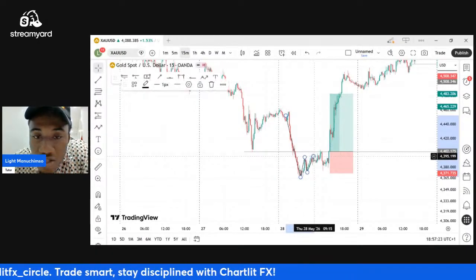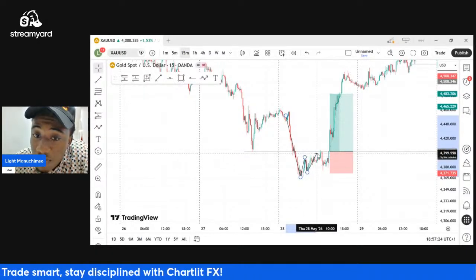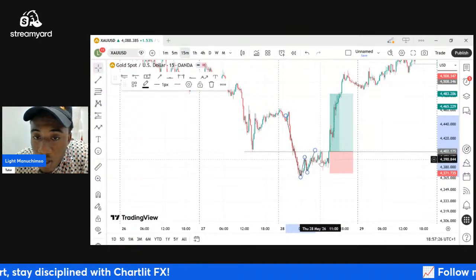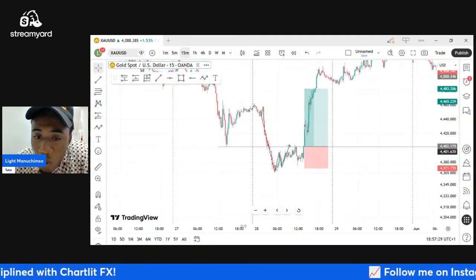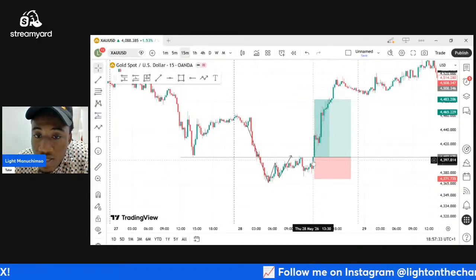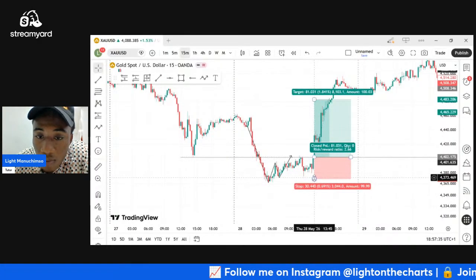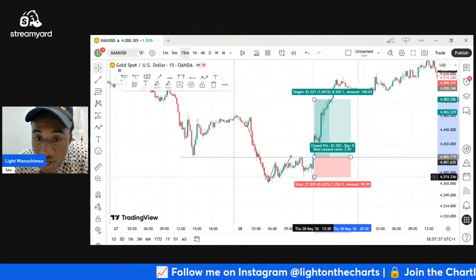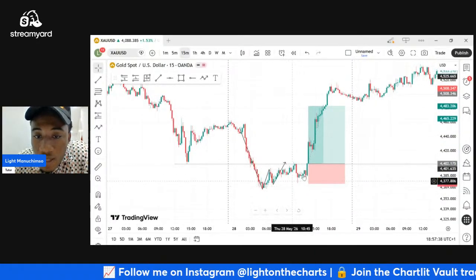But I didn't take this trade because it didn't close inside of the previous day's low, right? So during the New York session by 1 p.m., that was when XAUUSD closed inside of it. You can see this candle. Once in that, I think my stop loss was right here, the last point of hesitation.